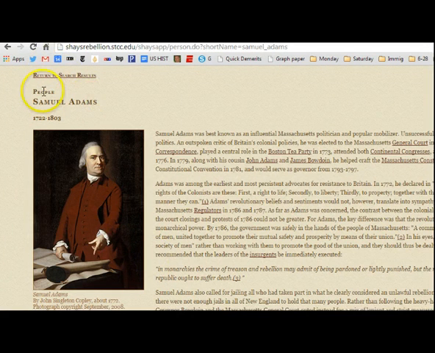But this is a profile of Samuel Adams, and it talks about how he was a persistent advocate for resistance against Britain, and then it compares his talking about how the colonies should resist against Britain to his actions in,